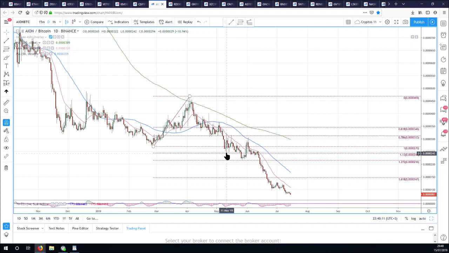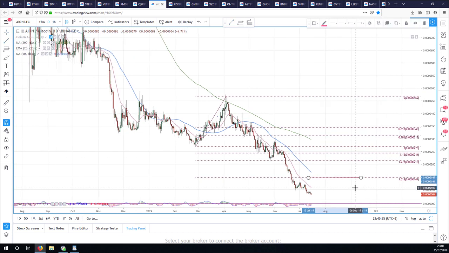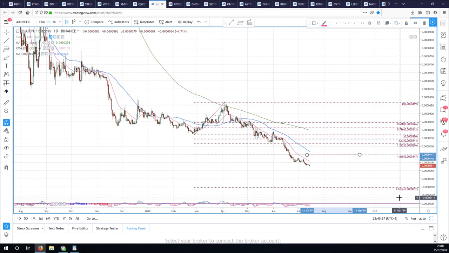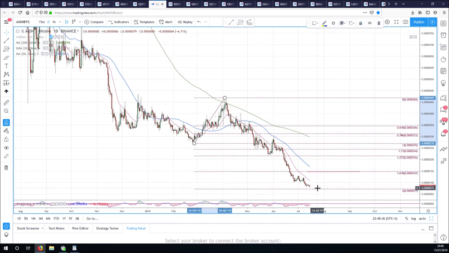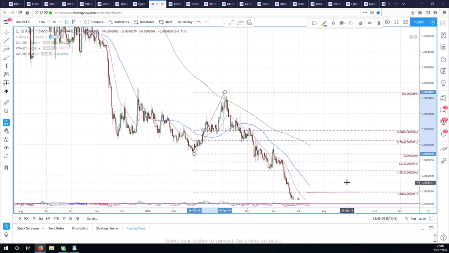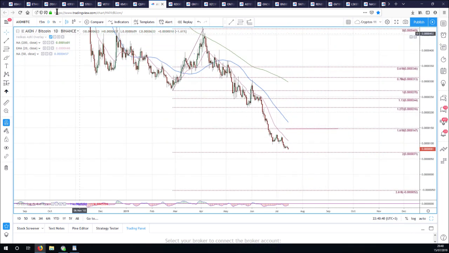So we had a good bounce from this 113, and then we bounced from this 1272, blew through this 1.618, which means now that that's going to be the resistance and the level that we have to get above if we're going to be bullish again, Aion on Bitcoin. And otherwise, what we want next is support. Next potential support, I should say, for Aion is 71.